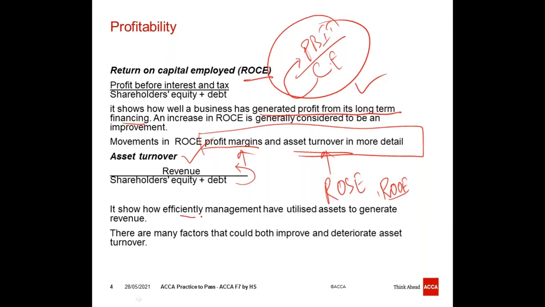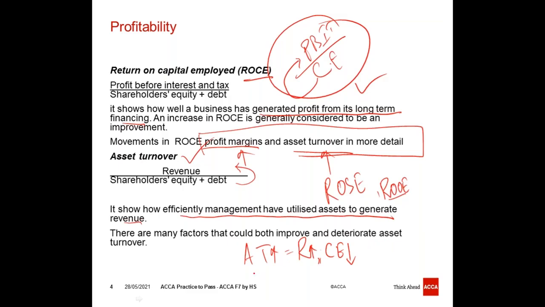So it just shows us how efficiently management has utilized the assets to generate the revenue. So actually, it is measuring the management's performance to improve the efficiency of the resources. Now, what are the factors that affect the asset turnover? If there is an increase in asset turnover, the reason might be an increase in revenue, or a decrease in the capital employed,